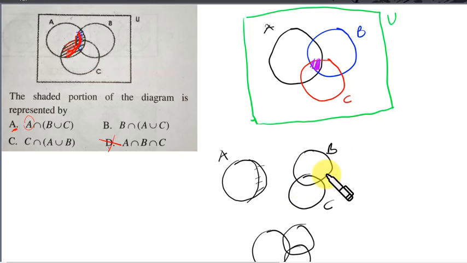So you can see that this set here, if I combine everything here, is the set B union C. That is, if I combine B and C. And if I bring the sets B and C together with the set A, and I find a common ground that these two sets share, the set B union C and the set A,